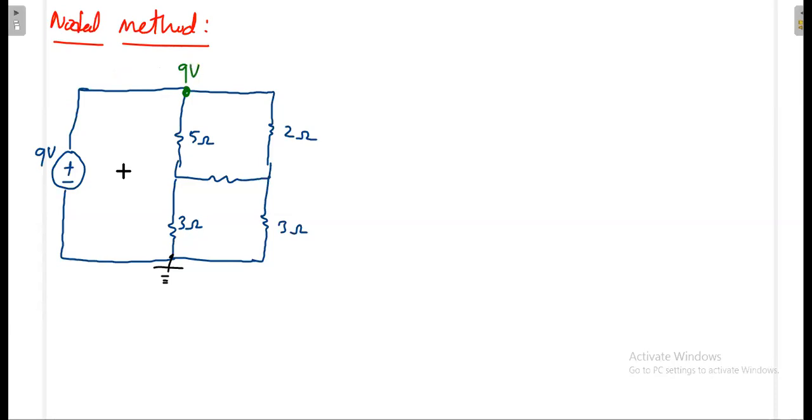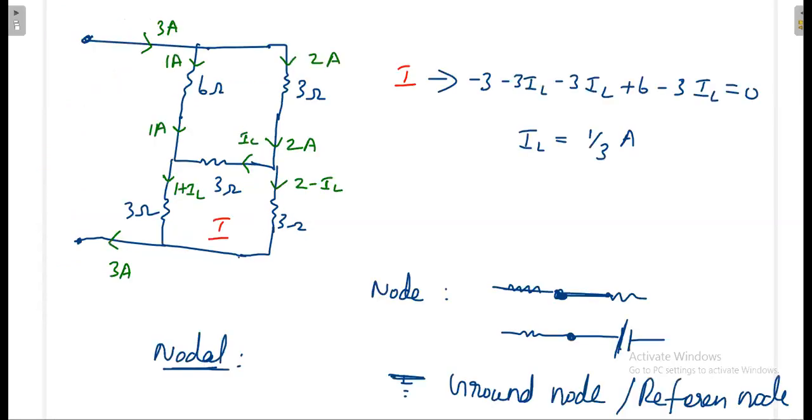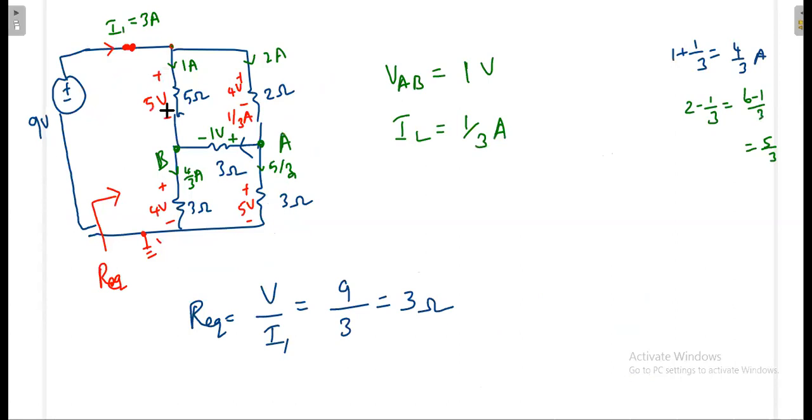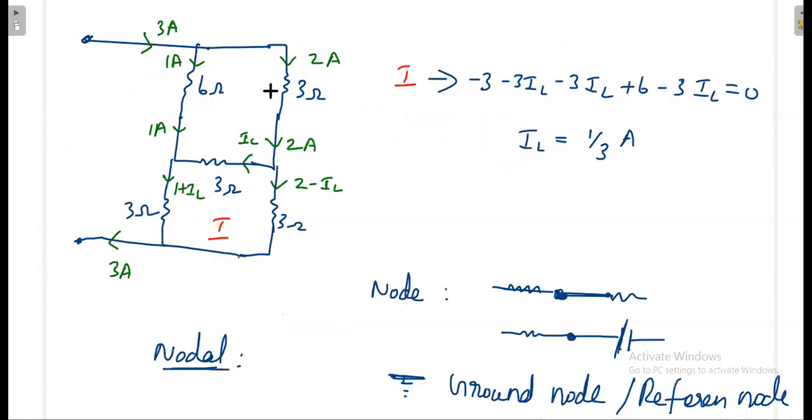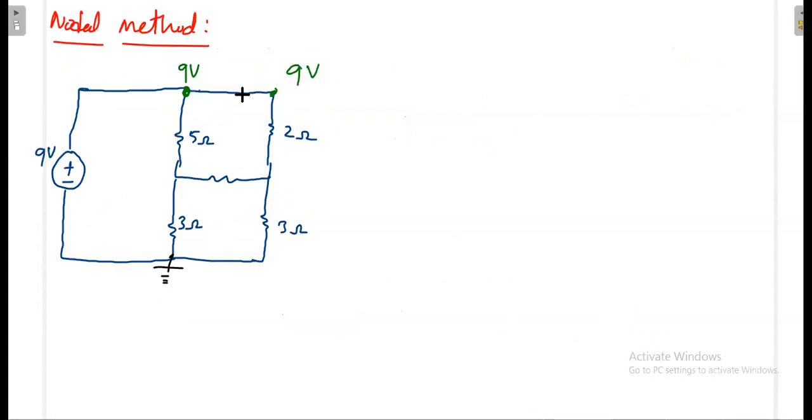This is the node voltage I have explained here. You take this point, go by this way or any other way, and finally you'll get 9 volt. That means this node voltage is 9 volt, so I take that node voltage as 9 volt. Here also it is 9 volt, because this is a short. When the wire is shorted, the voltage will not change. But I cannot mark it as 9 volt across the resistor, because that will really change the value.